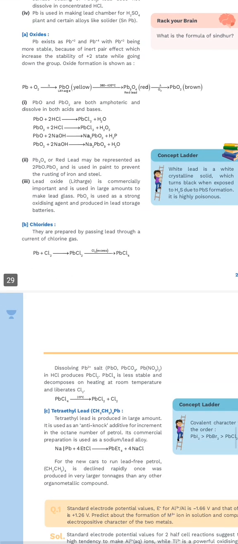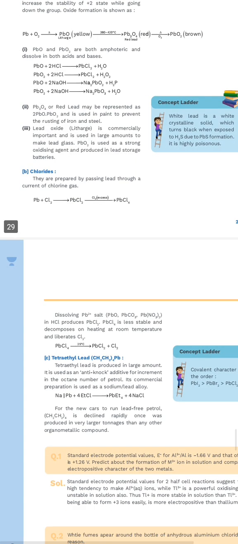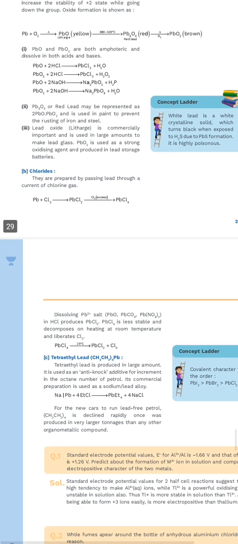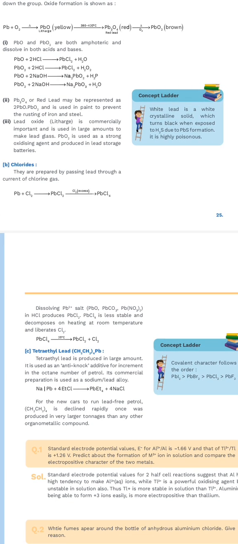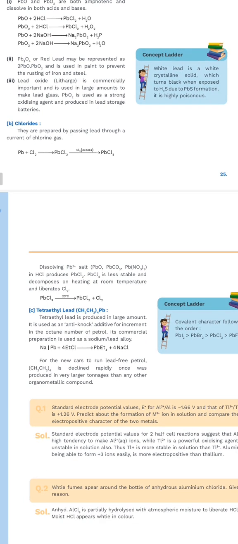Lead oxide litharge is commercially important and is used in large amounts to make lead glass. PbO2 is used as a strong oxidizing agent and is produced in lead storage batteries. Chlorides. They are prepared by passing a current of chlorine gas over lead. The reaction is shown. Dissolving a Pb2+ salt in HCl produces PbCl2. PbCl4 is